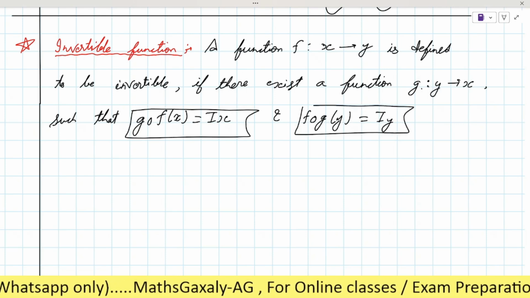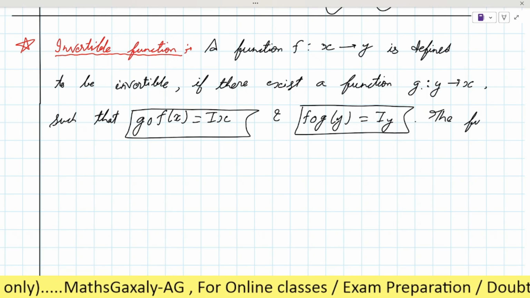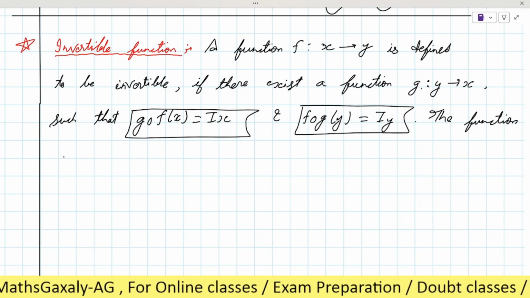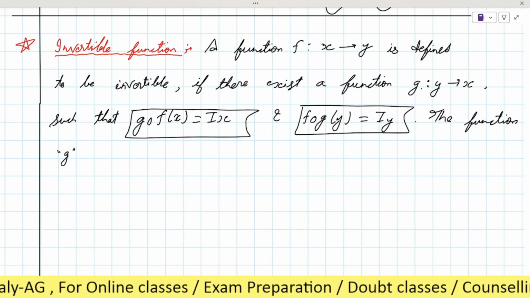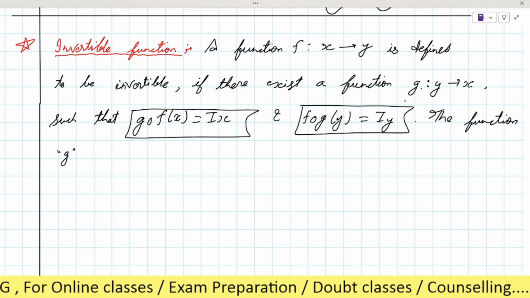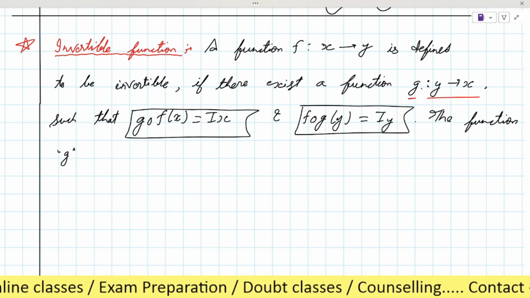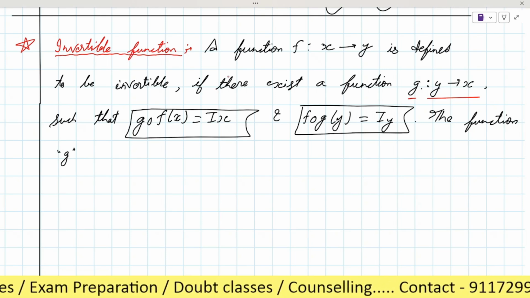Is it clear? Okay, clear. Then the function g, which is from y to x, as I have written here, the function g from y to x. We will also see the pictorial representation, but first we understand the definition.